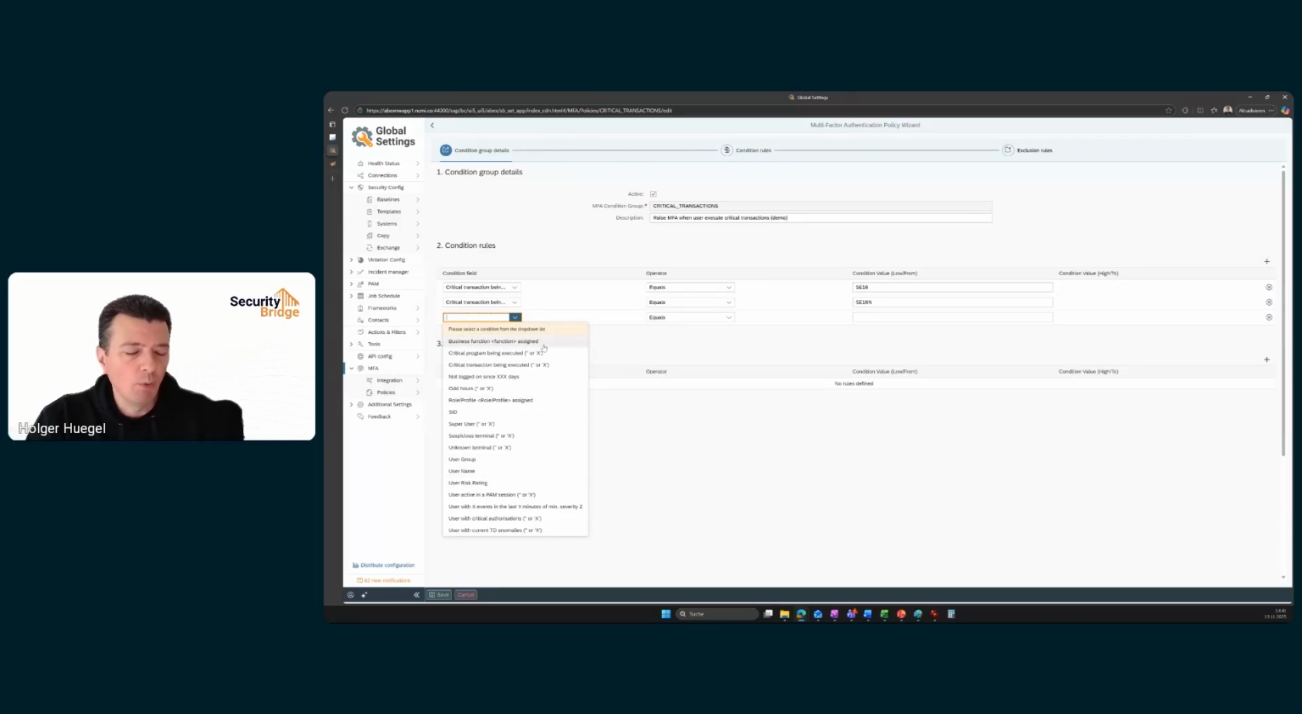But you see, we want to make sure that the typical scenarios that you have in SecurityBridge, like for example, when we raise events for critical programs or transactions that are used, or we raise events in case of users that logged in for the first time after a very long period, or for super user or other users that log in, for example, from a suspicious terminal. All these conditions are usable and for MFA,